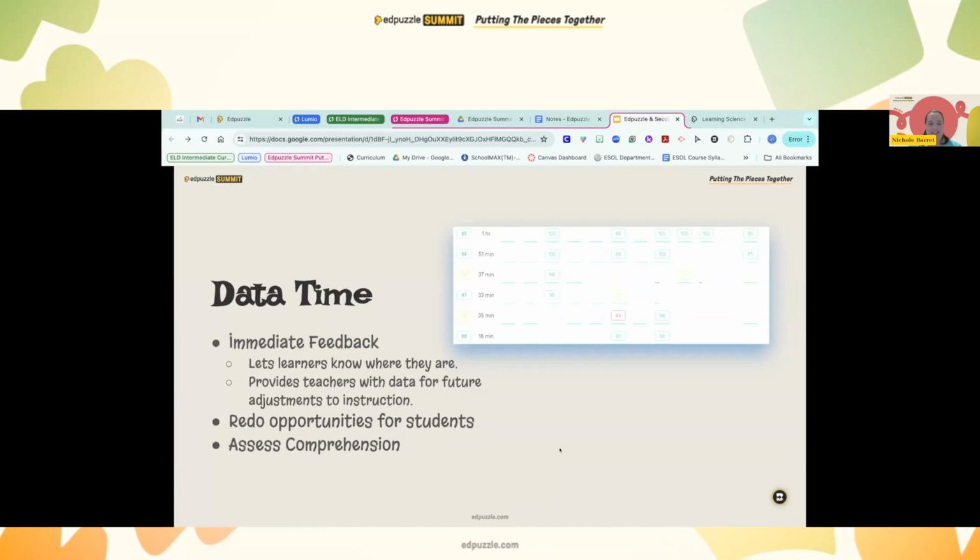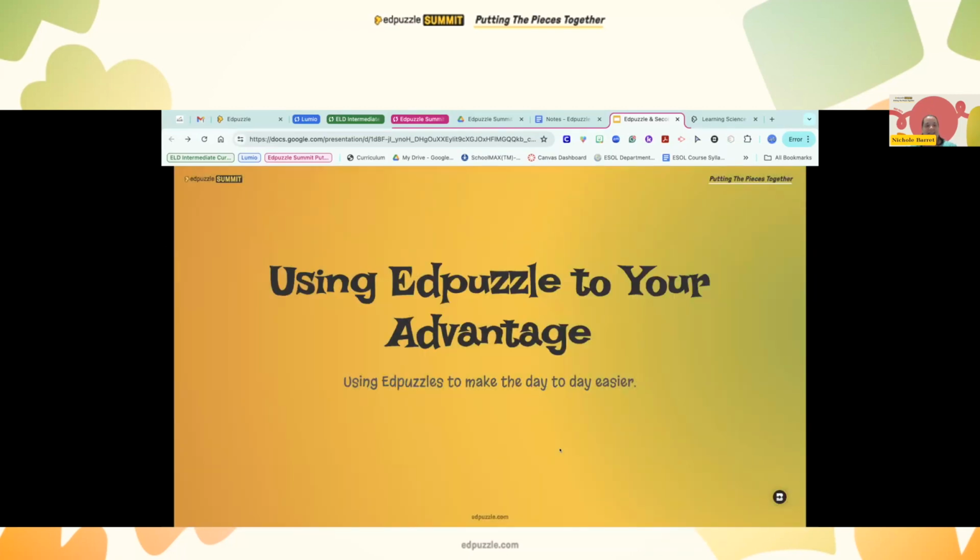So that is fantastic. And then lastly, as teachers, we never have enough time in the day, right? We all know this. If I could multiply myself, it would be fantastic. So Edpuzzle makes your job easier in a lot of ways.